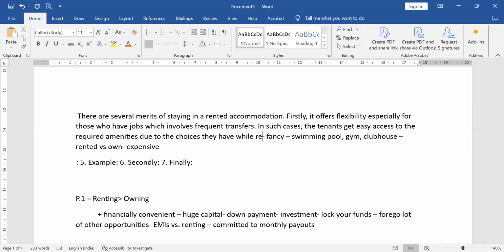While renting the property, for example, if I'm in my own building society, room, flat, apartment, I really don't have the choice. If I get a job site, let's say in Ghatkopar, Goregaon, Dahisar, I really cannot go there because my house is here. I'm so emotionally connected. So what happens? I get easy access to the required amenities due to the choices that I have while renting the property. For example, if someone enjoys